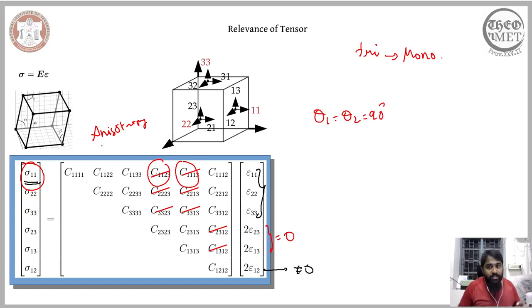When the so-called complexity of my crystal structure keeps on reducing, if I move from triclinic to monoclinic, then the number of 0 entries, the null values in my matrix, keeps on increasing. As I move from triclinic to monoclinic, these here turn to 0, indicating that my normal stress is now ultimately going to give